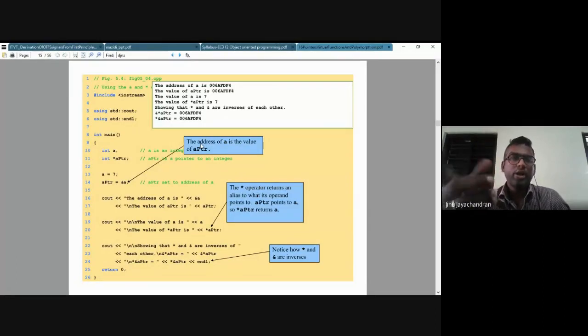If I multiply by a number and divide by the same number, you get back the original number. Similarly, if you put both of them together, you will get the original value. For example, let's say aptr contains the address of a, which is 0xAF. If I do ampersand star aptr, it basically means aptr. They just cancel each other.